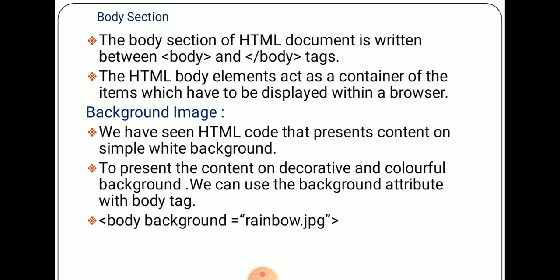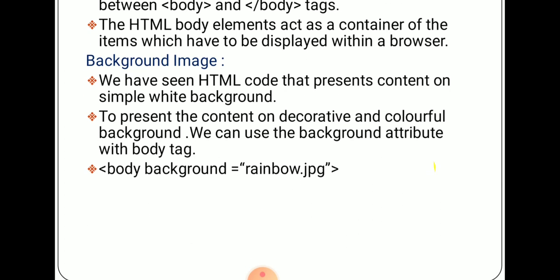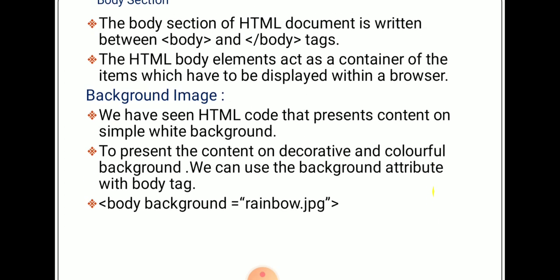The HTML body elements act as a container of the items which have to be displayed within a browser. Now, background image.